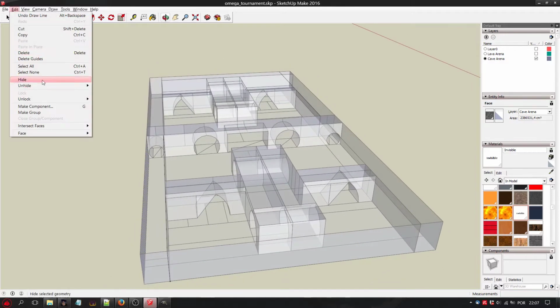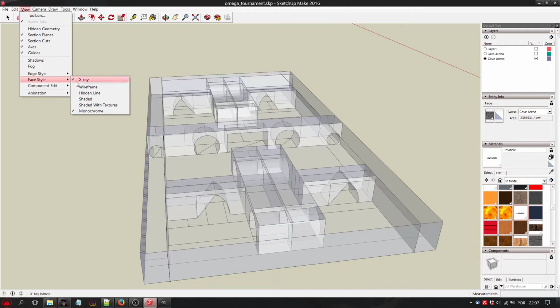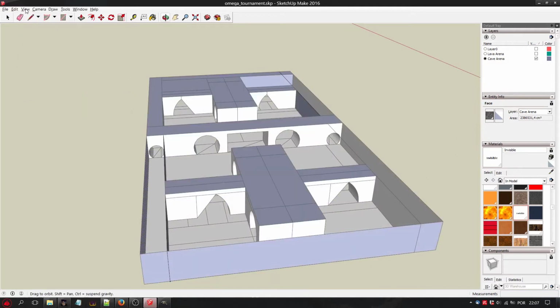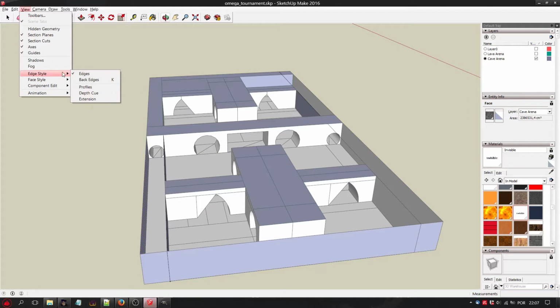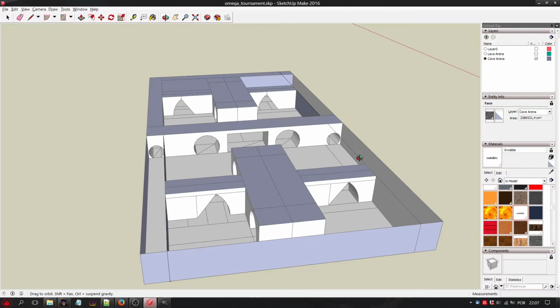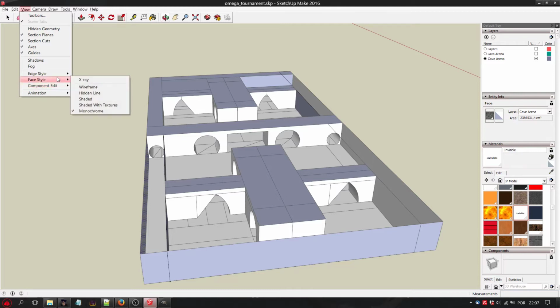So let's change our view. Let's take the X-ray. Actually it looks better, I think, without X-ray. So when you are editing, you can choose the option that you think fits better.